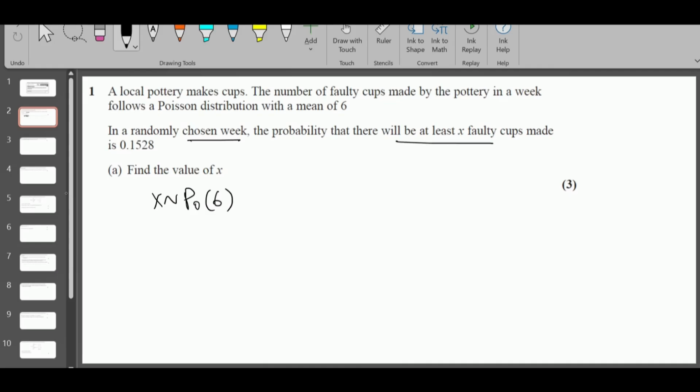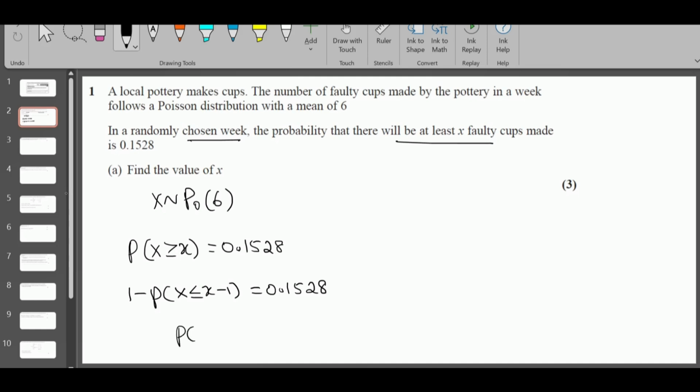When they say at least x faulty cups, X is greater than or equal to x. The probability is given. We need to find the value of x. You can rewrite this as 1 minus P of X less than x, or less than or equal to x minus 1. So when you rearrange the equation, P of X less than or equal to x minus 1 is 1 minus this value, which is